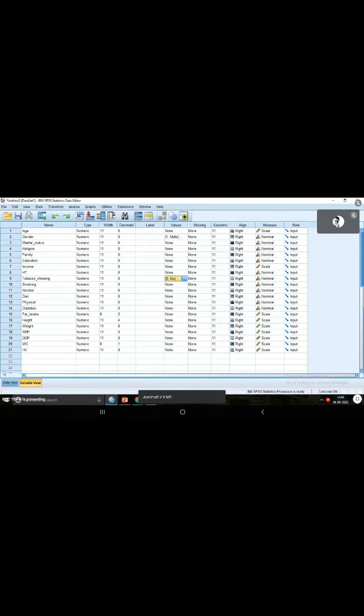Okay, now as a practice, quickly, can you also do a relabel for the variable tobacco chewing? Here you have entry 0 and 1. 0 means no, the person doesn't chew tobacco, and 1 means the person chews tobacco. So the same way, can you go to the variable view now and label that variable? So click here. 0 means no and 1 means yes. And click OK. Is that clear to all of you?